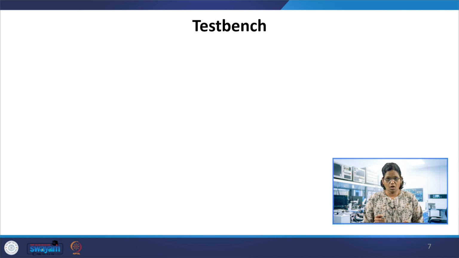So it uses declarations of local signals, for loops, the initial block, and case statements in the test benches.